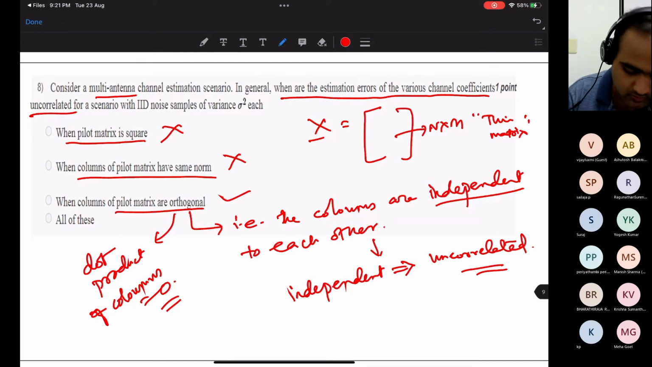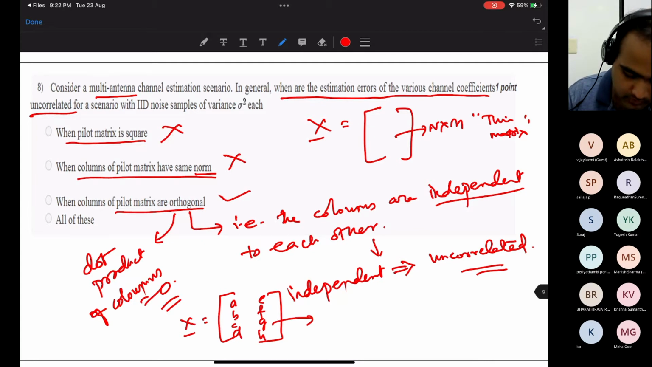Then, when the columns of the pilot matrix have the same norm. Of course, the columns do not need to have the same norm. And when the columns are orthogonal to each other. So again, what is asked? When are the individual coefficients uncorrelated to each other? Say we have an X matrix with A, B, C, D, and some elements E, F, G, H. Now you will be having the covariance matrix,